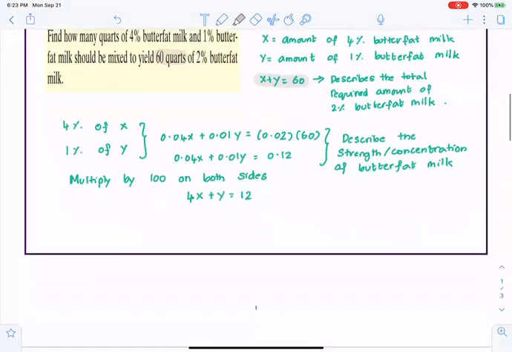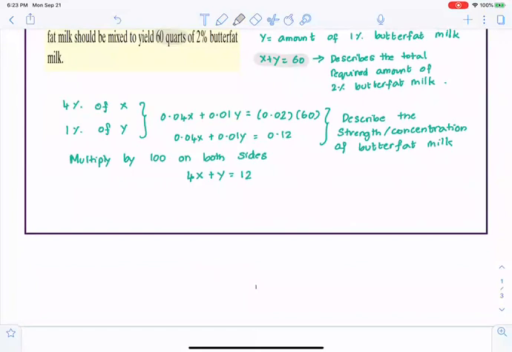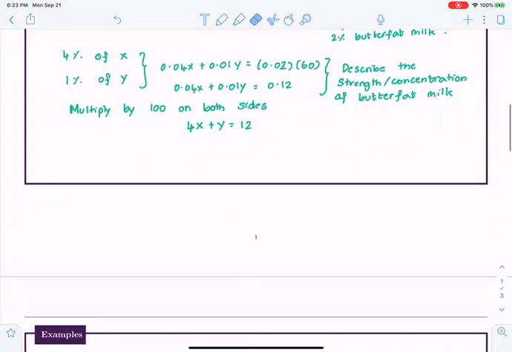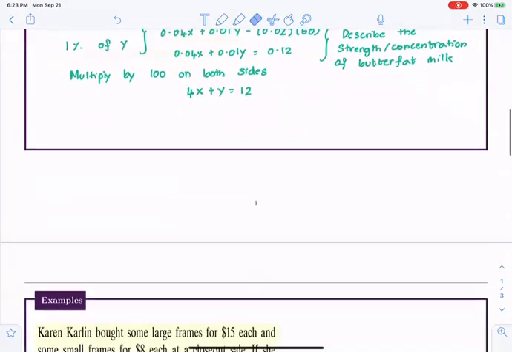The second equation comes from the concentration of the types of milk, the 4% and the 1% milk. So since we have the two equations, x plus y equals 60, and 4x plus y equals 12,